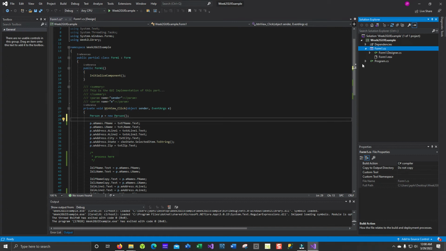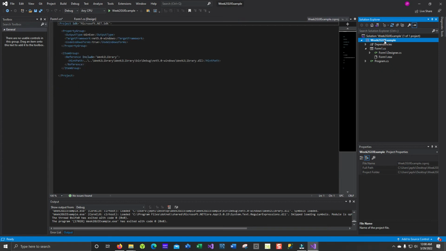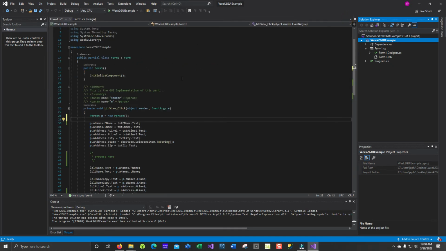For you guys, simply using the project as the origination of the namespace makes it simpler to handle. Is there anything else that you need to know? Not really, except